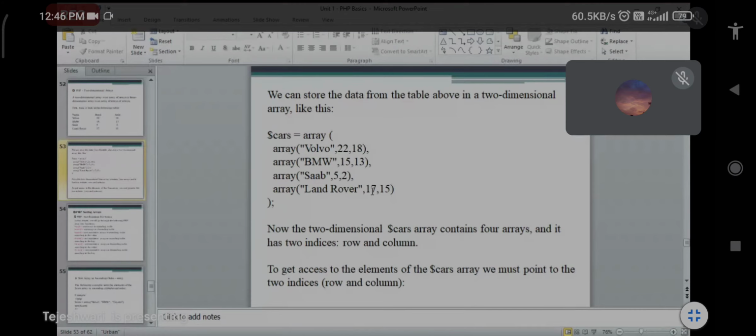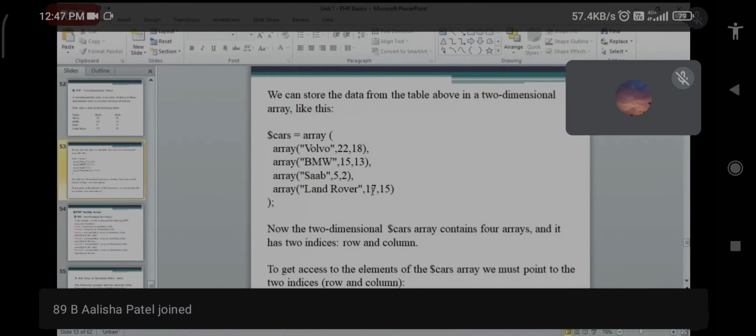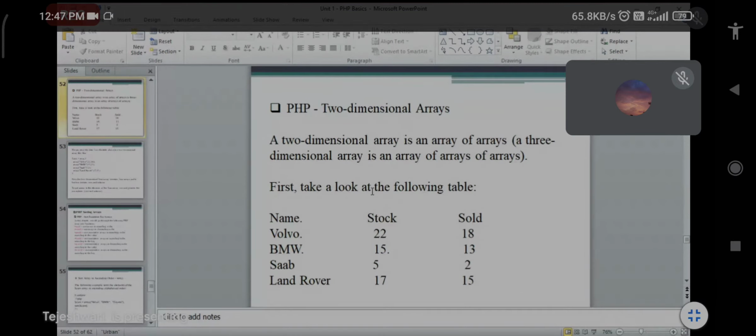Then after that, bracket open. In the brackets we have to take another array, because this is a two-dimensional array. So the first array we declare, and in that we declare all of this table as per the position.